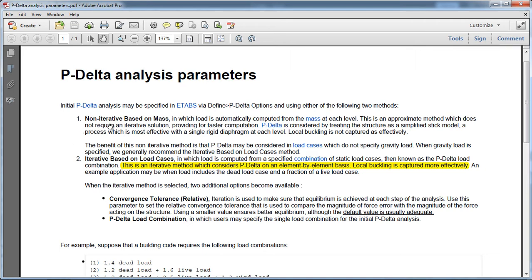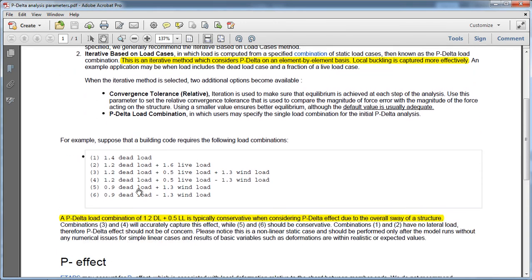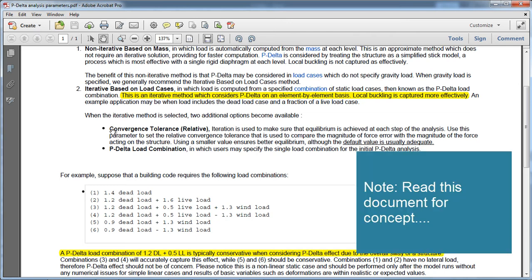There is a non-iterative based on mass. In this you have to just select the option of mass. Software automatically calculates the P delta effects and includes them in the analysis results. There is a second, iterative based on load cases. In this you have to provide the load combination so that the software includes the P delta effects in the model. So here there are two parameters in the second: convergence tolerance, where the software says the default value